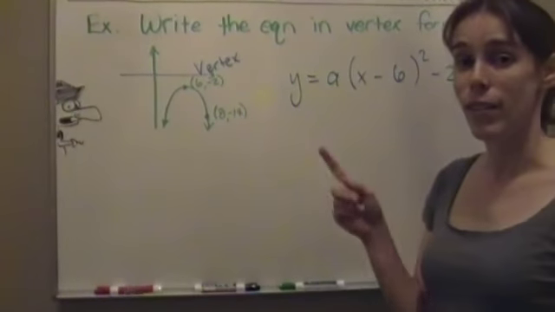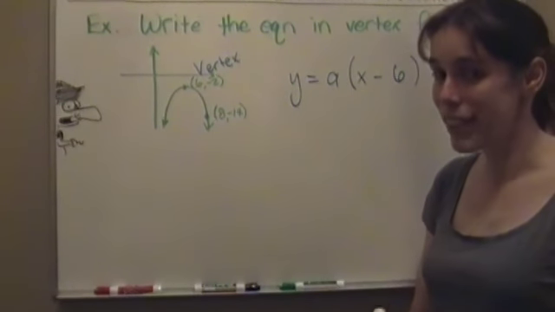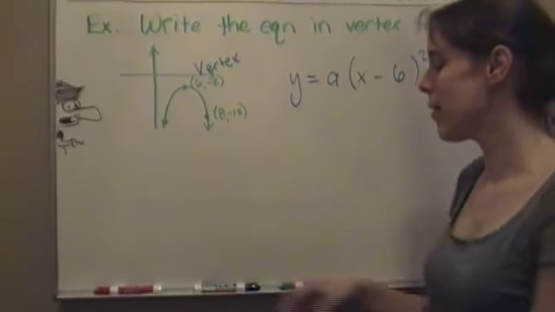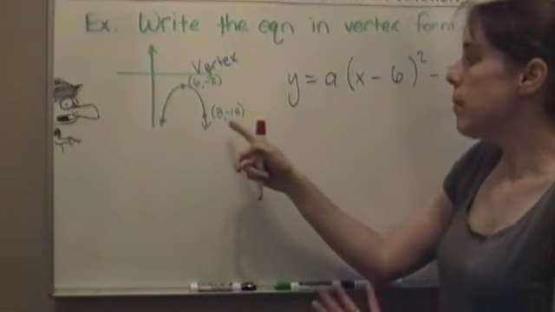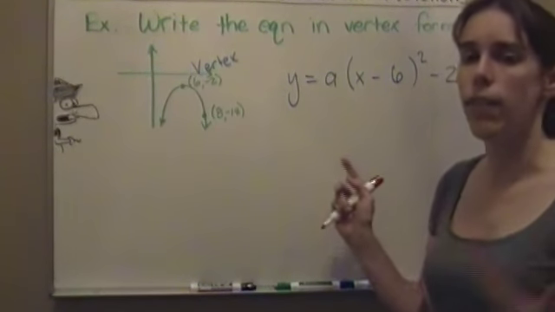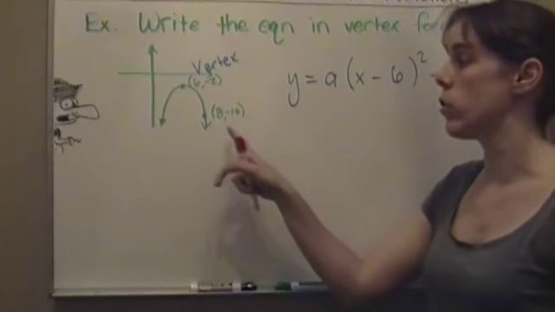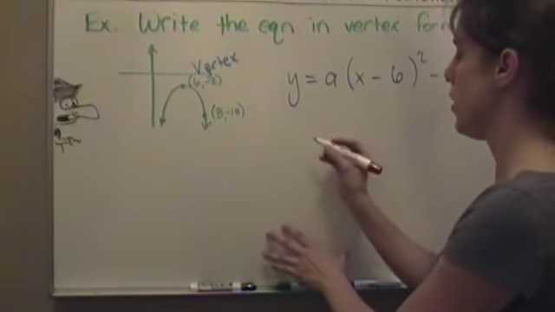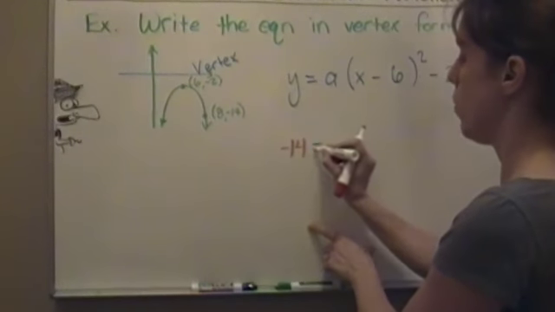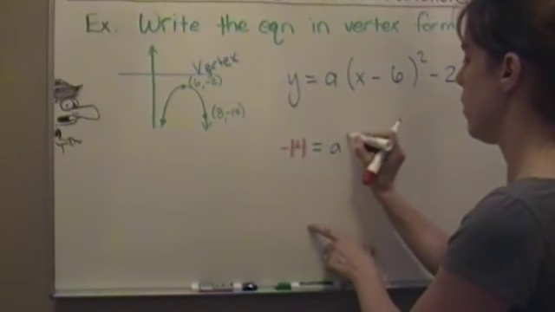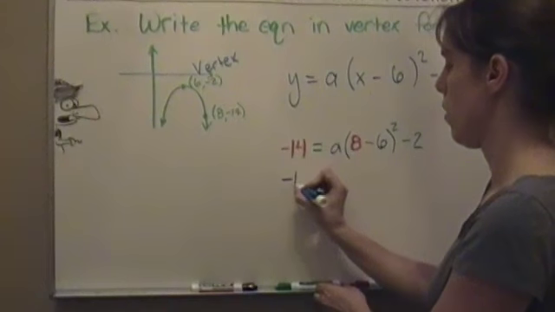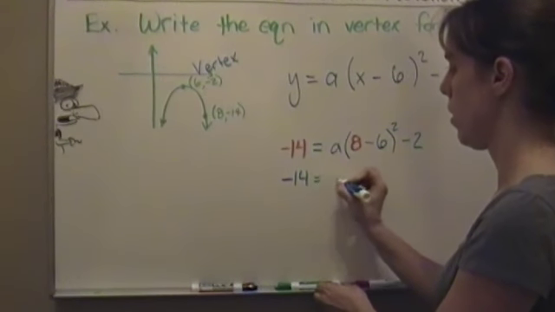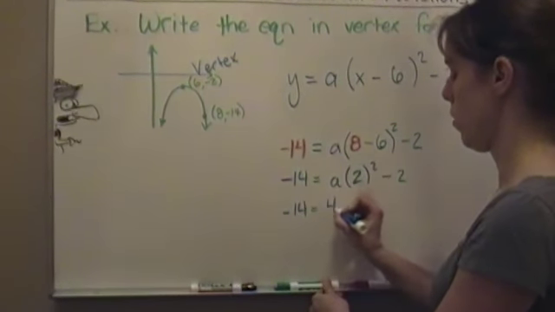Yay, I've got my, oh, I don't have my equation. I need an a value, right? But conveniently, I've got this other lovely point. And if I plug that in, I can find the a value that makes the equation true for this point, and that must be true for all the rest of them. So let's plug this in. We don't know a, we'll leave that. -14 equals a times,